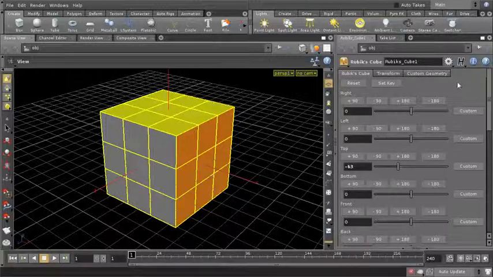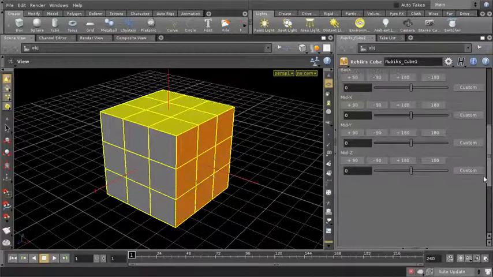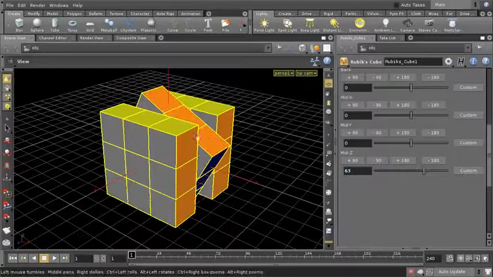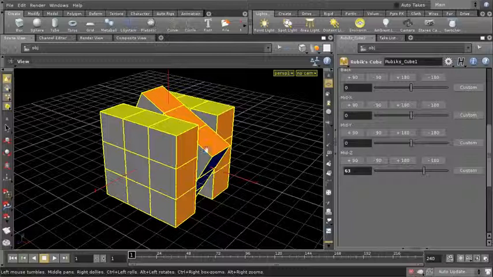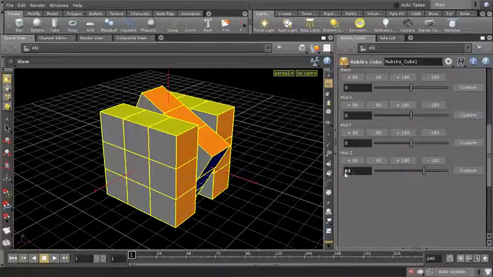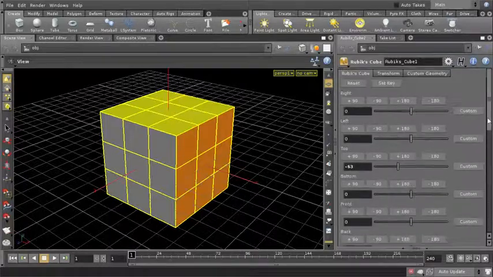And as you can see here, I have buttons for each and every face and every row of my cube. So here we have the right, the left, the top, bottom, front, back, etc. And also we have the mid-Z, mid-Y. Let me show you what that is. So if I put here 63, for example, and I hit custom, you can see that this middle row rotated here, and those mid-Z, mid-Y, and mid-X are for those middle rows on Z, Y, and X. So let me just put -63 here again, hit custom,